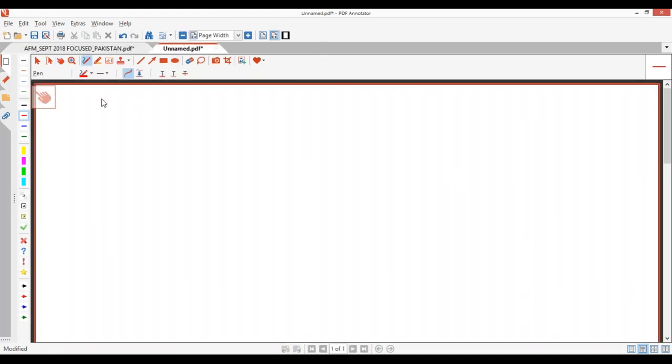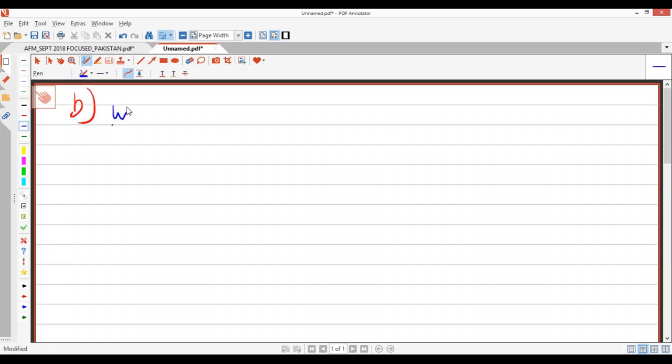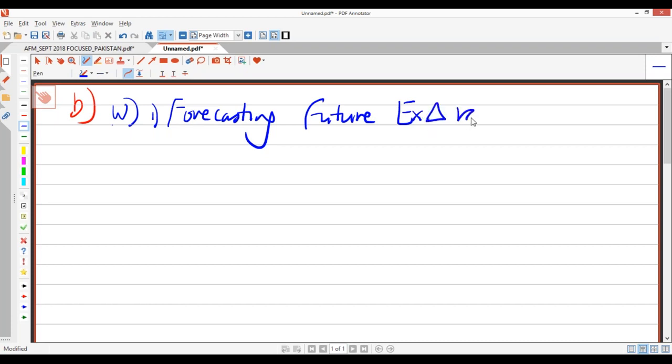Okay, let's come to this answer. What we're going to start with is part B of the question. I'm going to start with the appendix or workings first. Now, in all foreign investment appraisal questions, the first thing that I feel, my personal opinion, is you should start with forecasting future exchange rates. Usually it's for a long-term project. In this case, it's going to be for a long-term project.